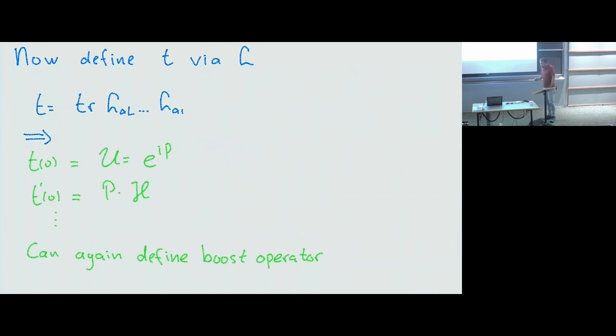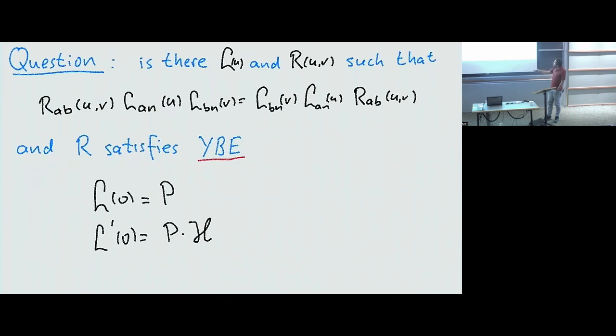Okay, so now we can repeat our procedure, but work with the Lax operator instead of the R matrix. In the previous section, I took the R matrix as a special solution of the Lax operator. So let's now take a Lax operator here. Because of these boundary conditions, we will again find that T of 0, defining the transfer matrix in the usual way, is the shift operator, and the first derivative is the Hamiltonian. And this time, not from the Yang-Baxter equation, but from the fundamental commutation relations that underlie the algebraic Bethe ansatz,